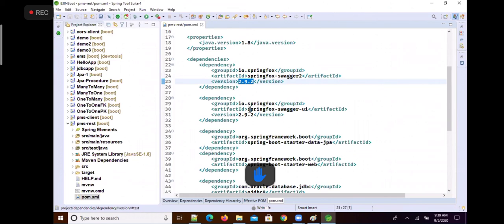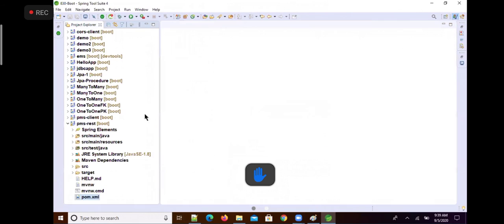Now this is springfox-swagger-ui, and again the version is 2.9.2. These are the two dependencies in the pom.xml.